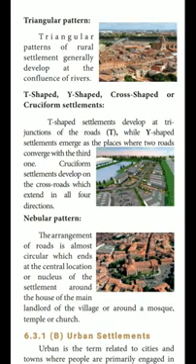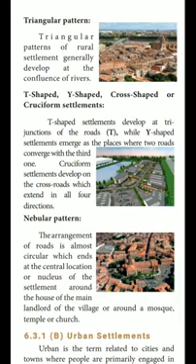So T shape means what? At a tri-junction of the road, the settlement will be there. Y shaped means when two roads converge with the third one. Cruciform settlement means it will be developed on the crossroad which extends in all four directions. Okay. Next one is the nebular pattern.